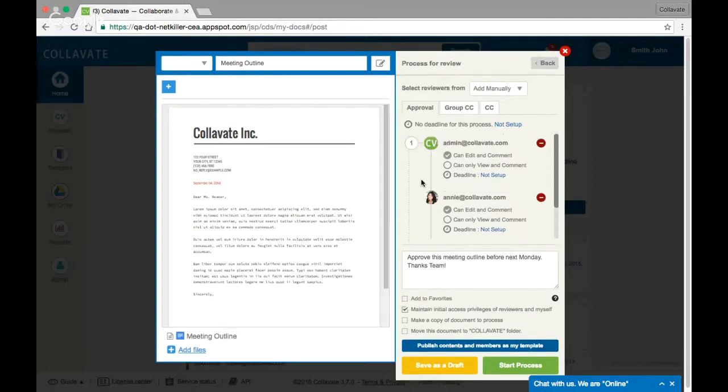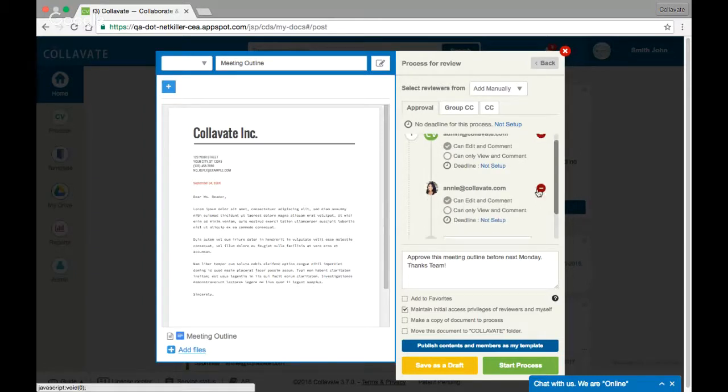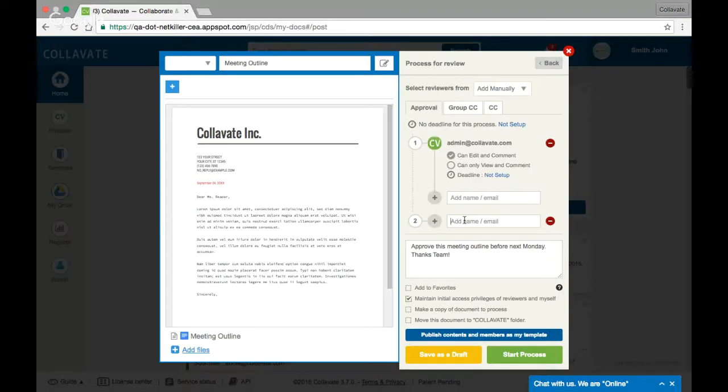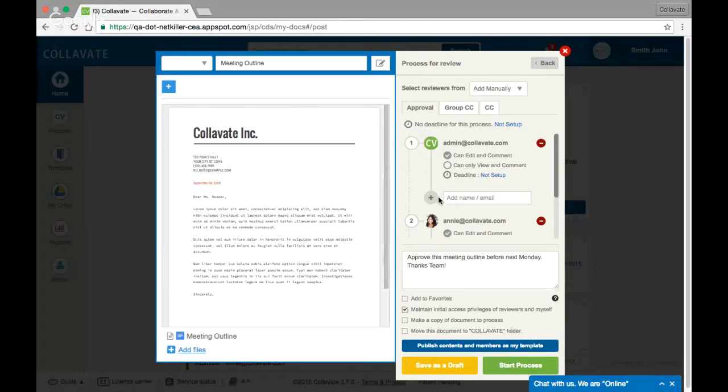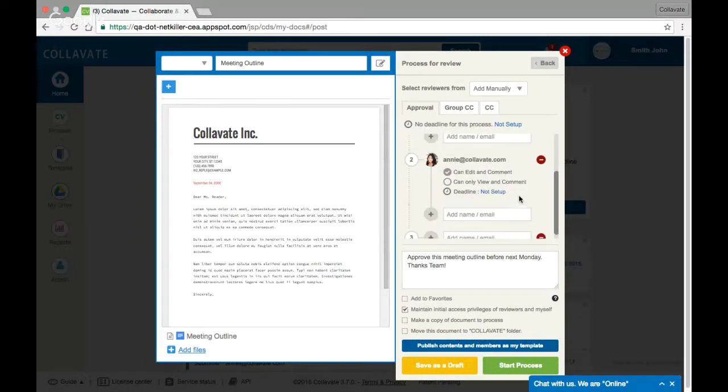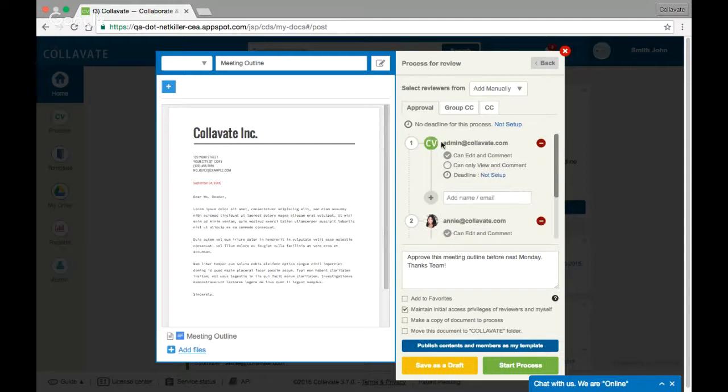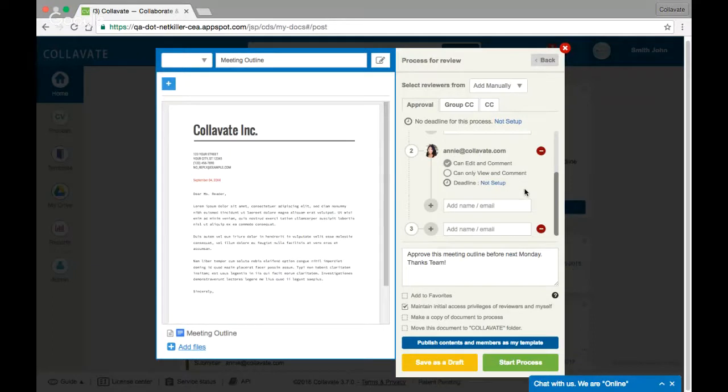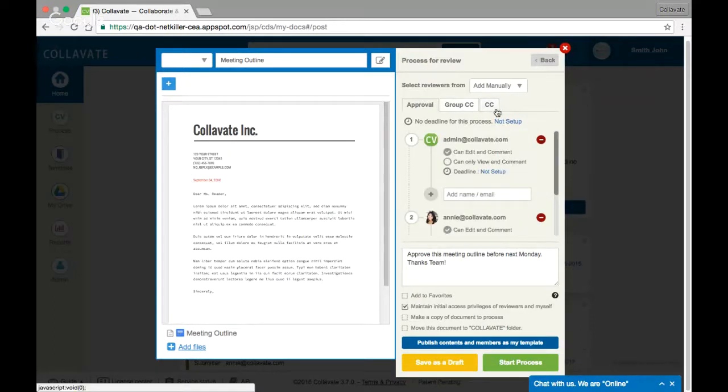This is actually called parallel reviewer format. If I wish that reviewers all have to approve, I could then just separate the line numbers and add in vertical approval, which would then require that both the admin and I would have to approve this and be able to move this document forward. To add a deadline above the reviewers, I have the option to set a global